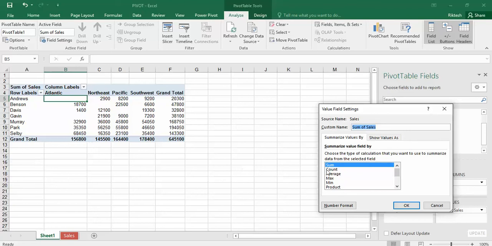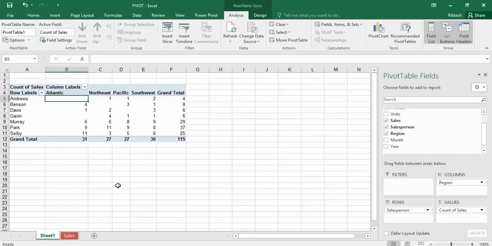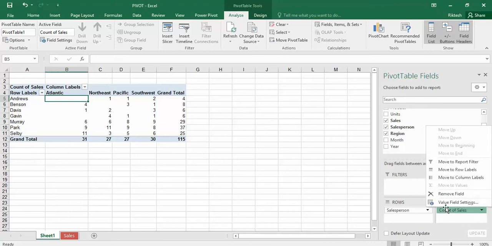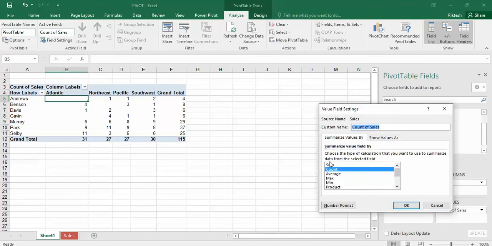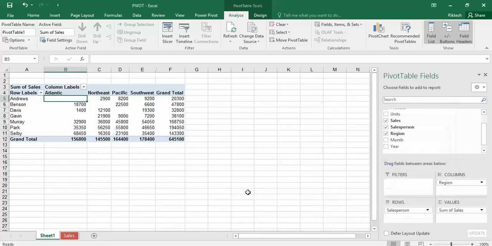If I want to find how many sales were made instead of its value, I'll select count, press OK, and now you can see how many sales have been done by these individual salesperson in these areas. But as of now, let me shift to sum. So I'll select sum, and now you can find the value of the sales in terms of sum of sales that has been done by individual salesperson in this